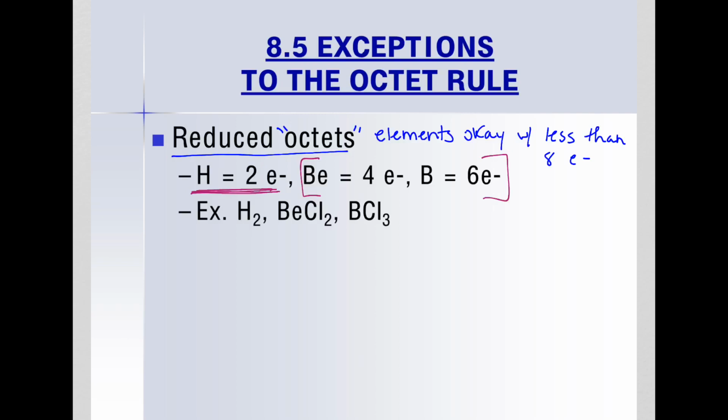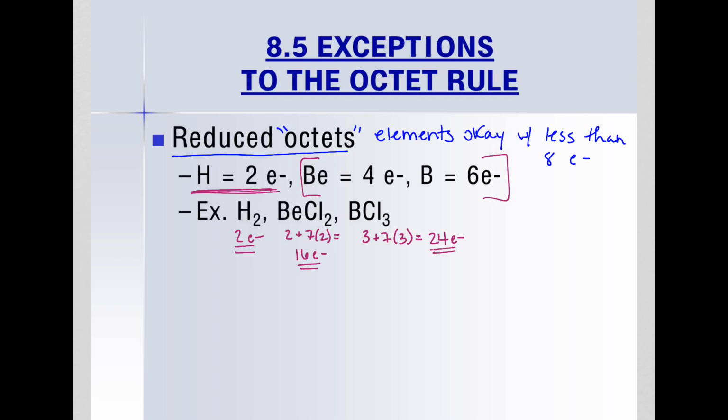So if we look at our molecules here, H2 would give us 2 total electrons. For BeCl2, if you do your math correctly, we're going to end up with 2 plus our 7 times 2, so that's going to give us 16 electrons total. And for boron trichloride here, we're going to get 3 plus our 21, so that's going to give us 24 electrons. Okay, so now that we know our total number of electrons,